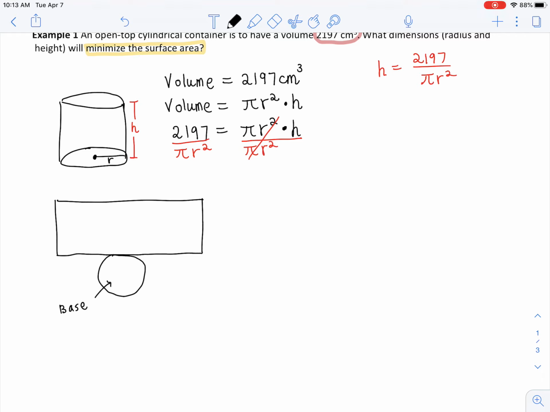But notice we will usually have a top piece right here to make it a complete cylinder, but they did call it open top, so I know I don't have a top right there. So this is going to be the net of the cylinder. So if I try to write the surface area of this, the surface area